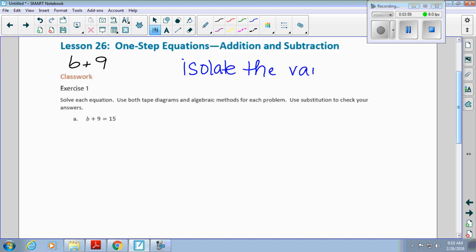Does anyone know what the word isolate means? Haven't heard from William yet. To like leave alone. You want to get it by itself. Yeah, we want to get that variable alone. Okay? So in order to do that, we need to do the inverse operation. So let's write isolate the variable by performing